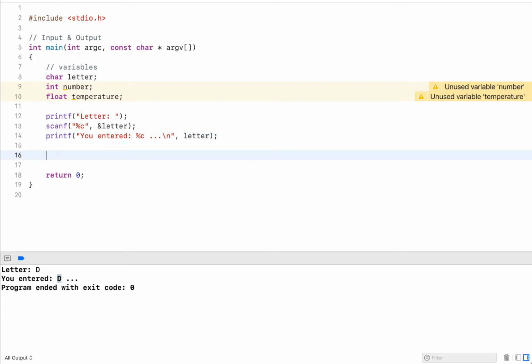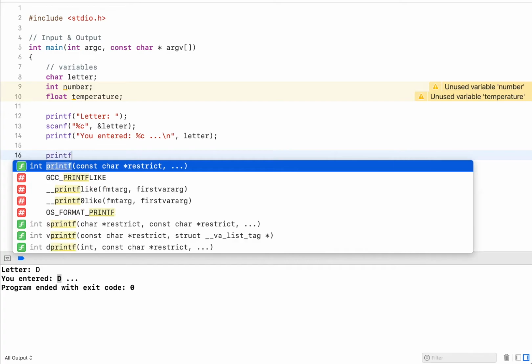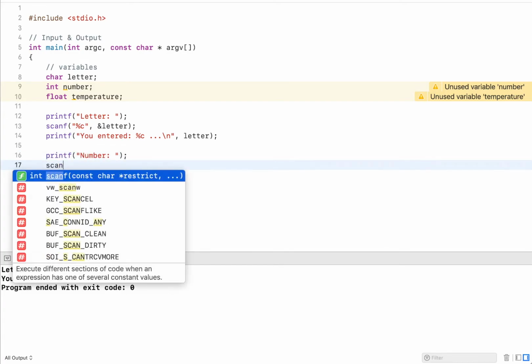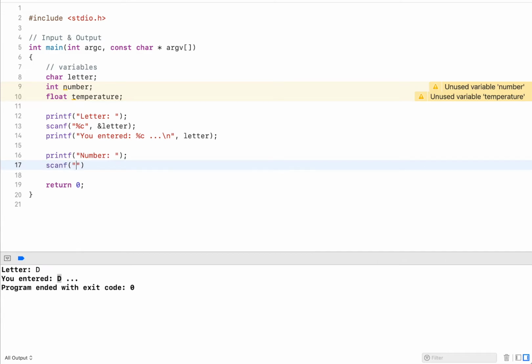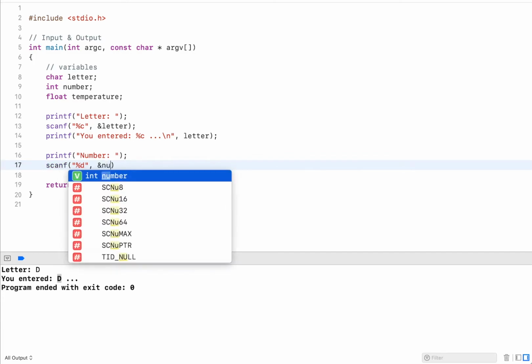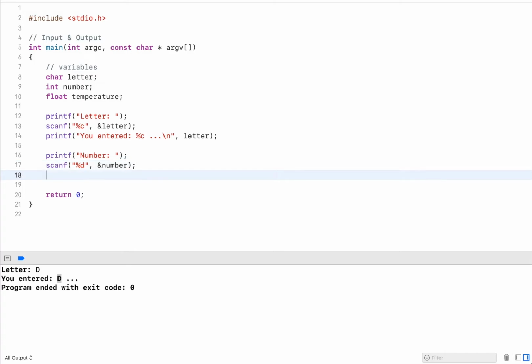Now let me do that again with the integer. Printf, I prompt for a number, then I use scanf to read an integer. In this case I specify %d, D for digits. It can be more than one digit, but this is the syntax for an integer. And then I specify ampersand number. And then I use the printf function again and say you entered the number